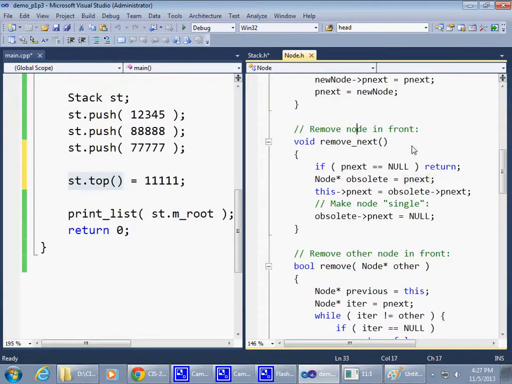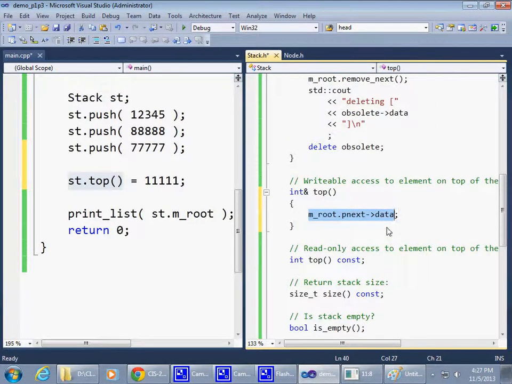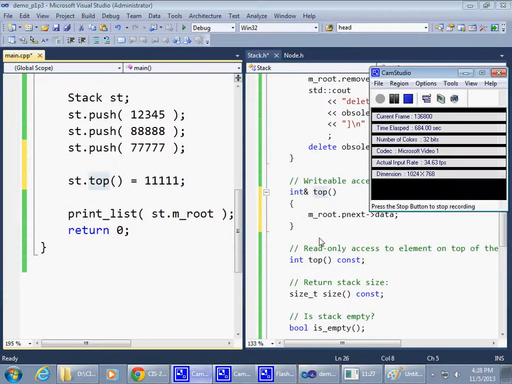Remember, inside the node, the data piece is just an integer. So we're using this integer to initialize a reference to an integer, and we return it from the top. And then I can use the top to actually update the value that belongs to the stack. So I do have access to the stack directly to